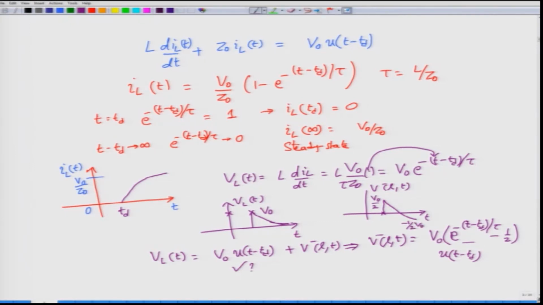So this is the reflected voltage that starts to propagate backward towards the generator. At the source, this reflected voltage would propagate and add to the outgoing voltage. So if I now were to plot the total generator voltage at z equal to 0, I know that I am already sending V0 by 2.